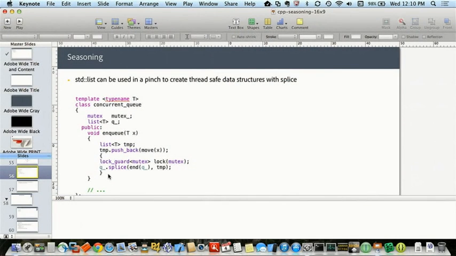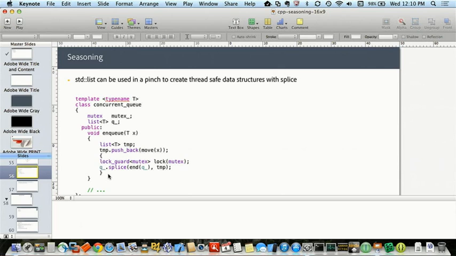If you were doing an insert in the middle, the problem is you have to lock the vector potentially through a reallocation as the thing grows. The splice here is actually guaranteed to be constant time. The standard doesn't guarantee that all splices are constant time. There's a trade-off between guaranteeing that splice is constant time and guaranteeing that size is constant time.